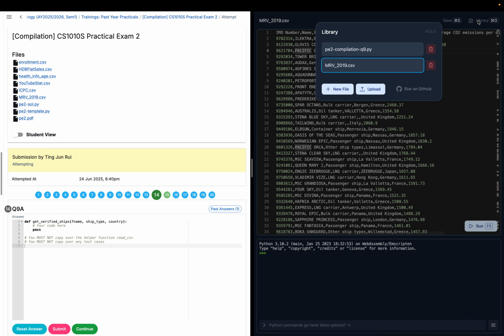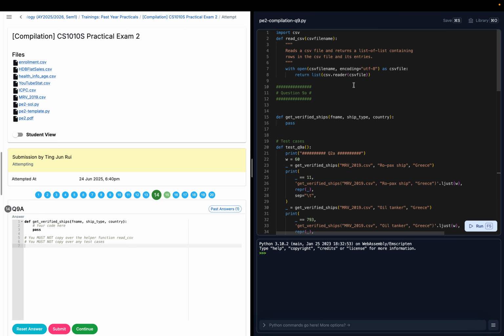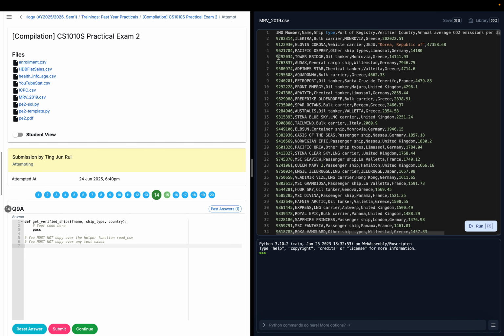So going back to the template file, we are given this read CSV function. It takes in an input of where the CSV is. For all intents and purposes, for PE2, it will be in the same directory as your template file. It takes in the string and it outputs a nested list of lists, where each nested list is each row, and each element in the row is each cell information,